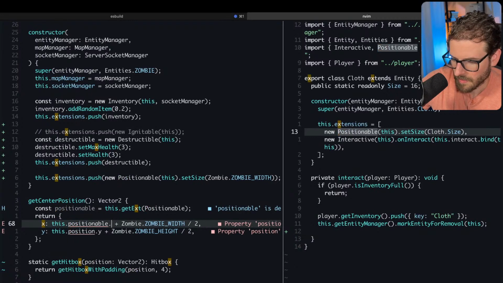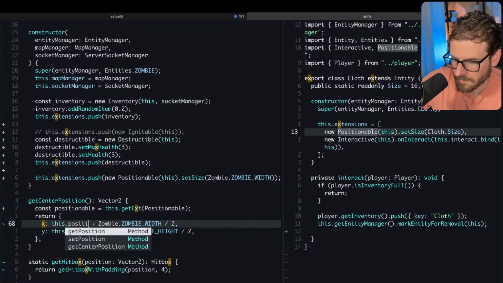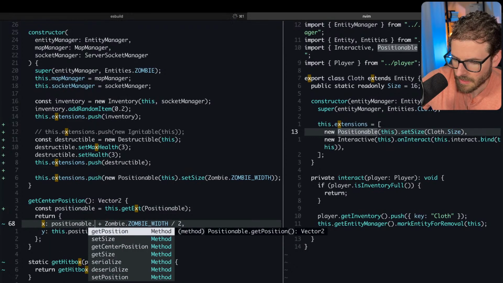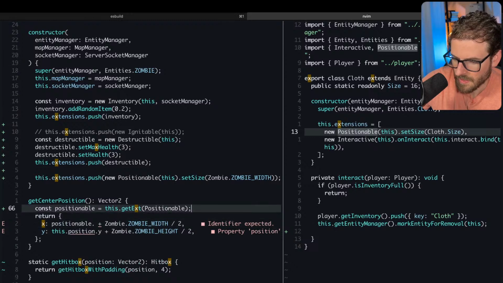What am I doing? Oh, no, this. Positionable dot get position. Yeah, that's what I need to do.